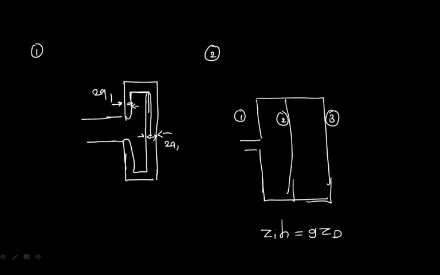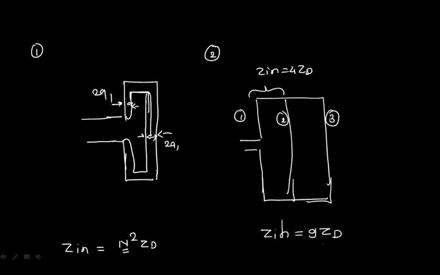ठीक है, if you're going to use two elements, your input impedance will be 4 times of the सिंपल डाइपोल एंटीना जो हम लोगों ने अभी तक देखा है. अगर आप थर्ड करते हो तो you'll get 9ZD. If you're going for four elements, you'll get 16ZD. So whenever you are increasing the number of elements, you will get n square ZD, where n is nothing but the number of elements which you are connecting in parallel to that particular antenna.